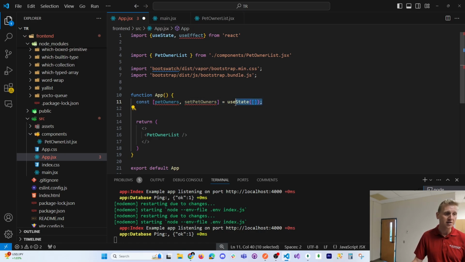Here's our use state hook. And we're basically creating this variable called pet owners, and we're initializing it to an empty array. So our pet owners is an empty array by default. And then anytime you want to modify this array, you have to call set pet owners. Okay, so this is the use state hook. This is how you have a piece of data in React